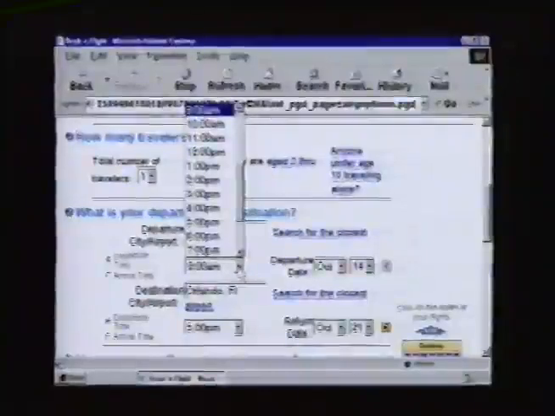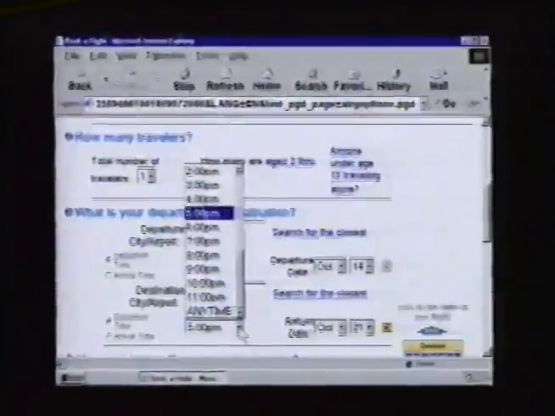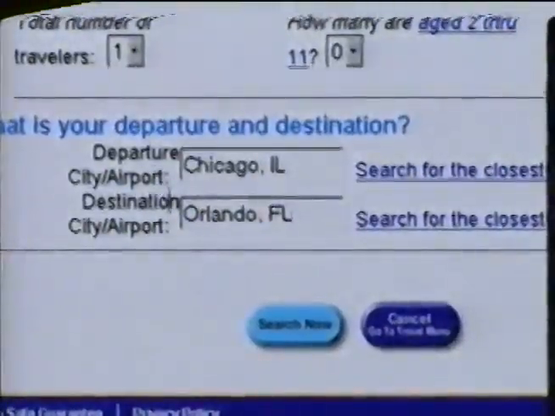Now you can tell the search engine which times you'd prefer to travel. I'm going to put in a 10 a.m. departure and a 10 a.m. return. Now, I'm going to tell the search engine to look for the least expensive fare. Click on the search button